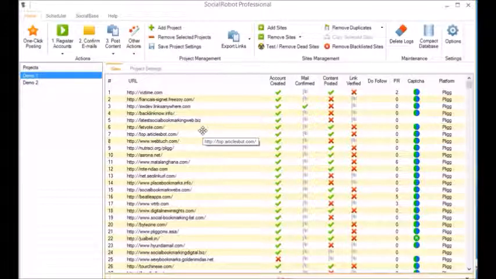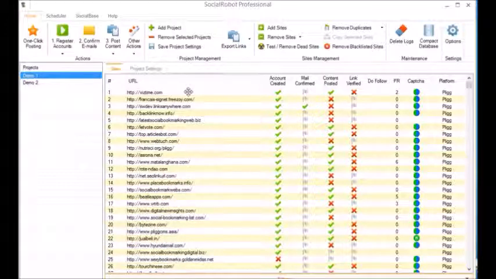Number one, you can scrape your own links. Number two, you can buy some links from someone on Fiverr or SEO Clerks or something like that. Or you can use our Social Base integration, which you're going to learn about in the upsell offer. And I highly recommend that everyone purchase that because we've made it dead simple for you to use SocialRobot with